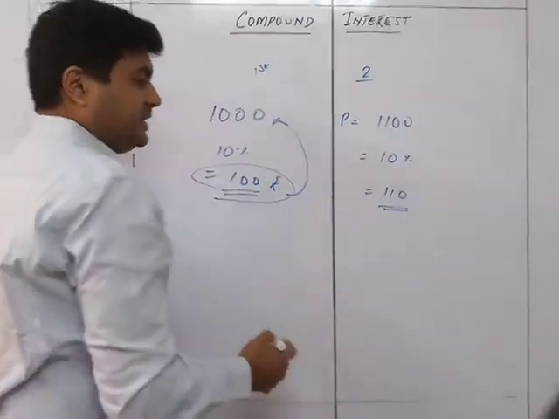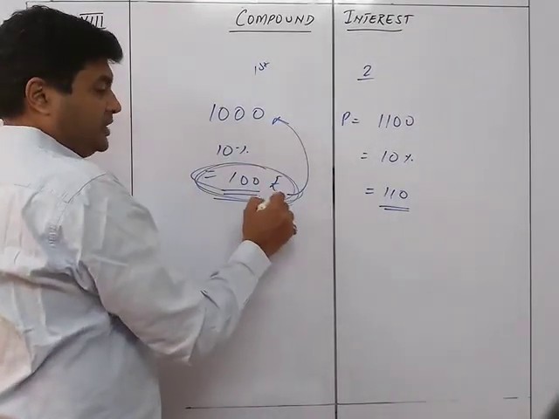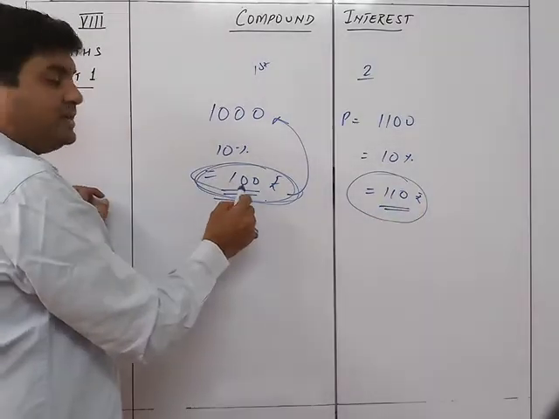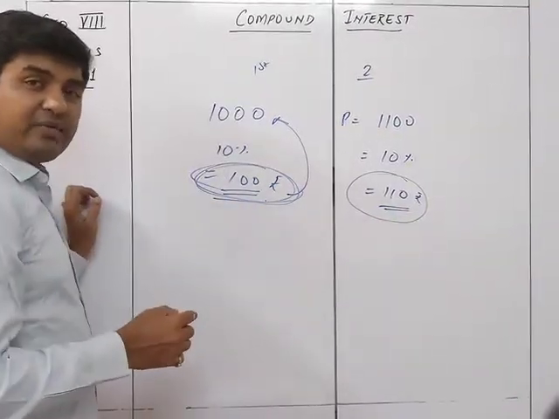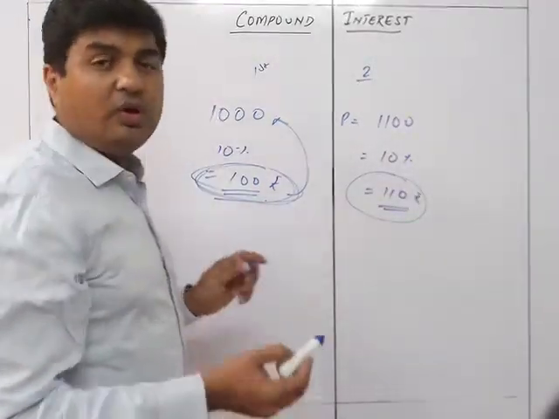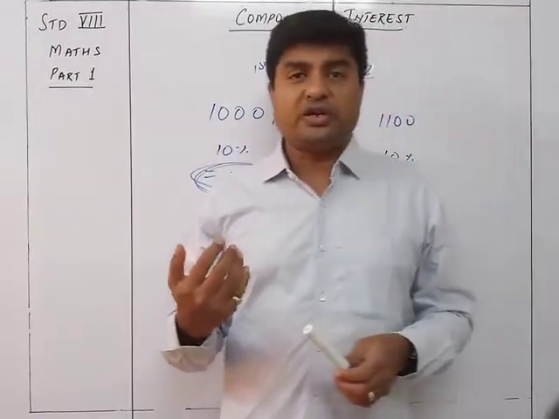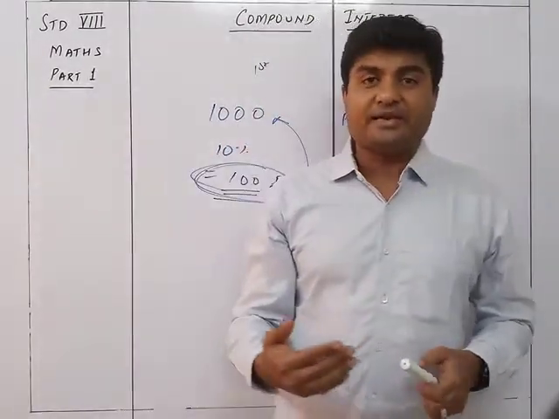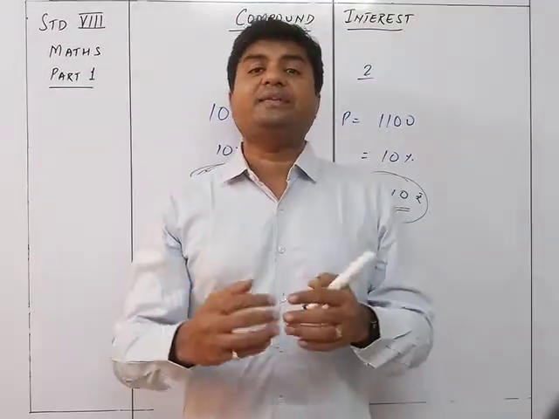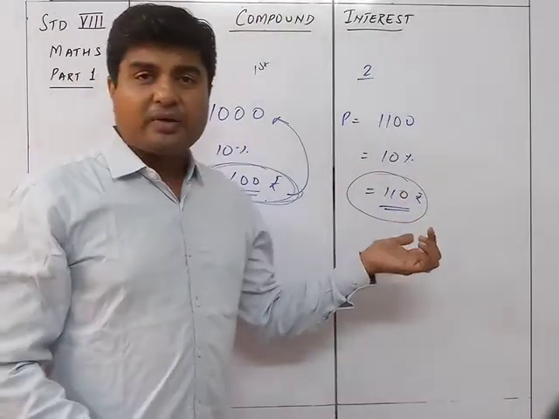So that means the interest which was 100 rupees in the first year became 110 rupees in the second year, because I got interest on the 100 rupees which I got as interest in the first year. So interest on interest is compound interest. When you are not taking the interest to yourself, but you are investing that interest as a principal again, then the interest you get on that amount is